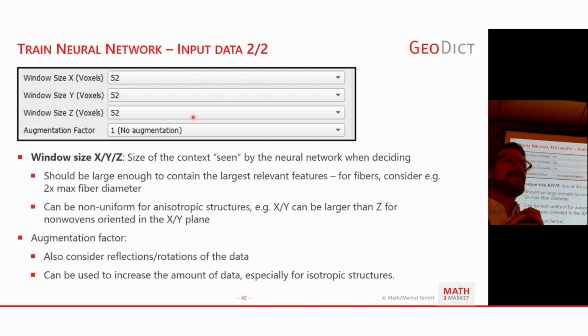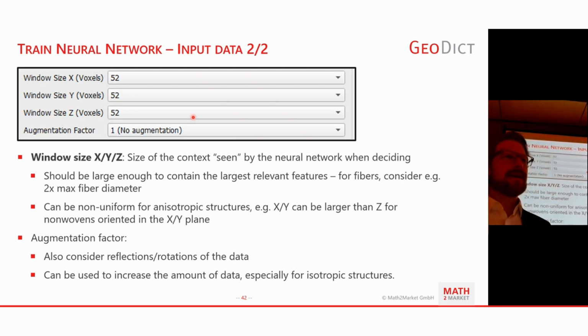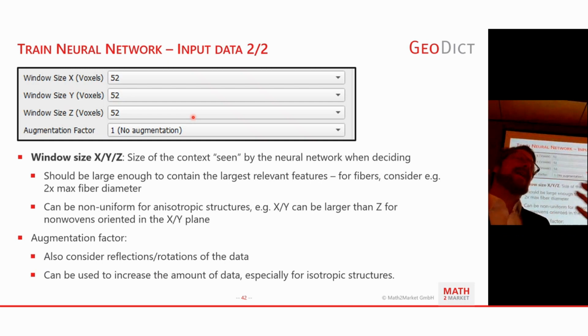So, for example, for synthetic data, I would always suggest generating enough data instead. But if you have, for example, manually labeled data, or done it with a marker process or something, then of course the data becomes much more valuable. And then you might really want to consider using this data augmentation feature to make the most use of it, to blow up your data basically. Because a neural network, in this case a convolutional neural network like this, does not consider a rotated sample the same as the non-rotated sample. It has to see the same sample in both orientations intuitively to learn both configurations independently.